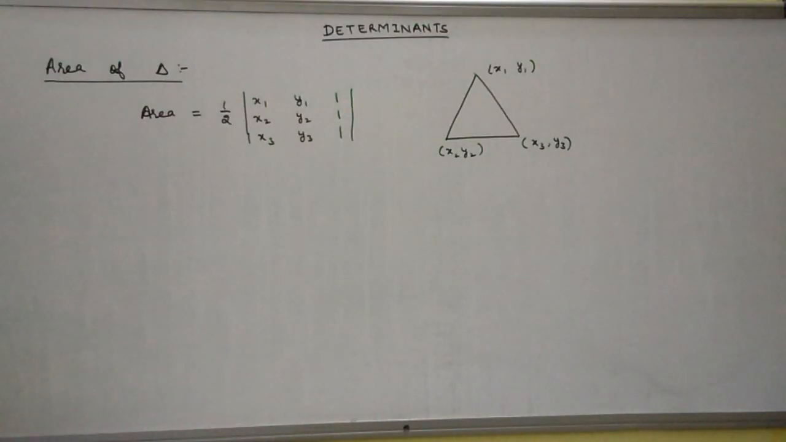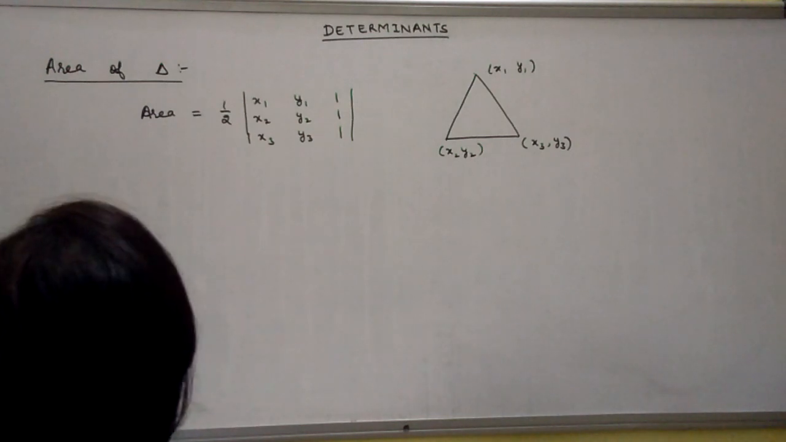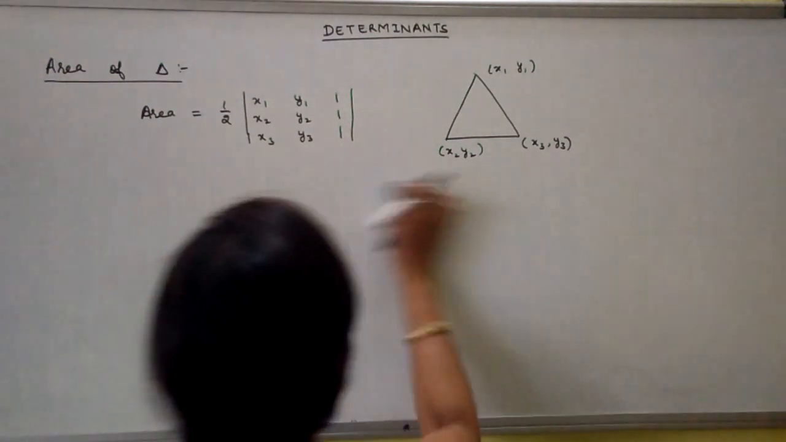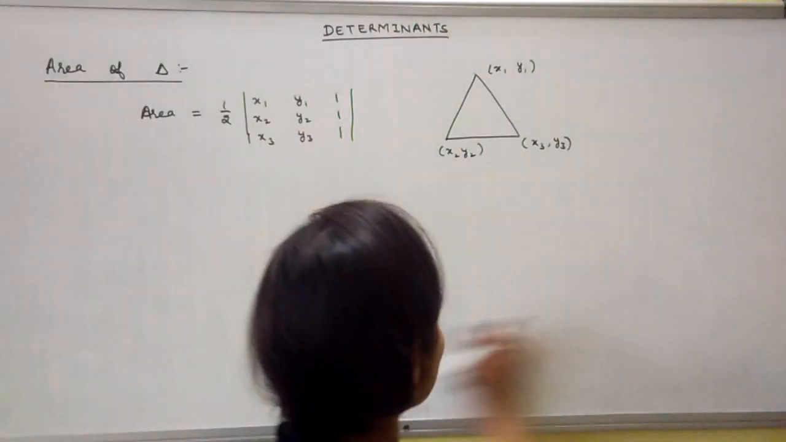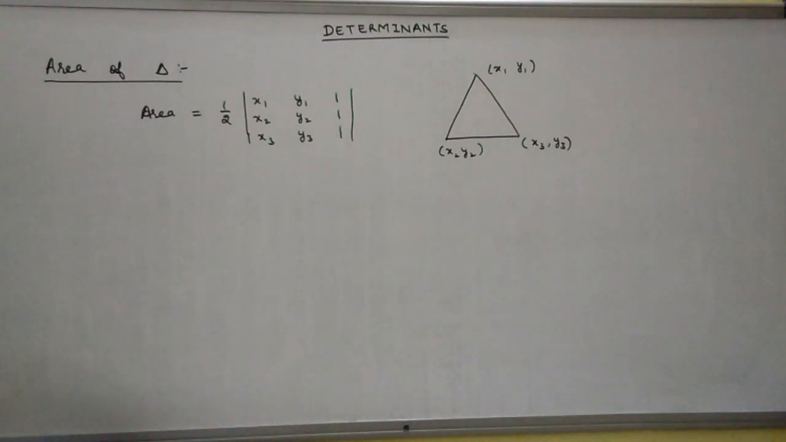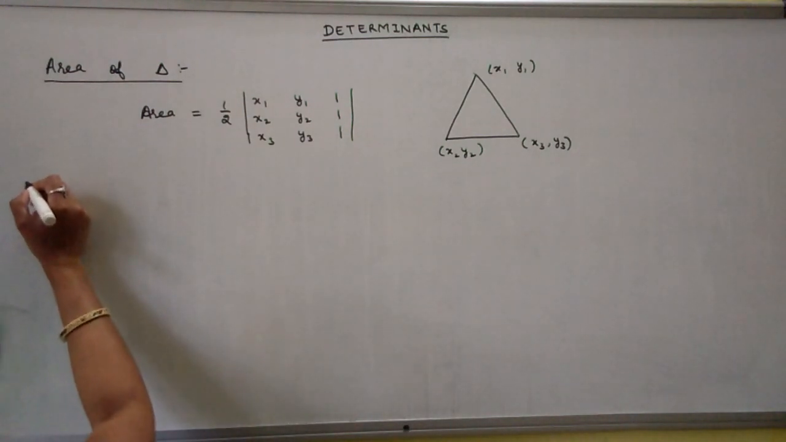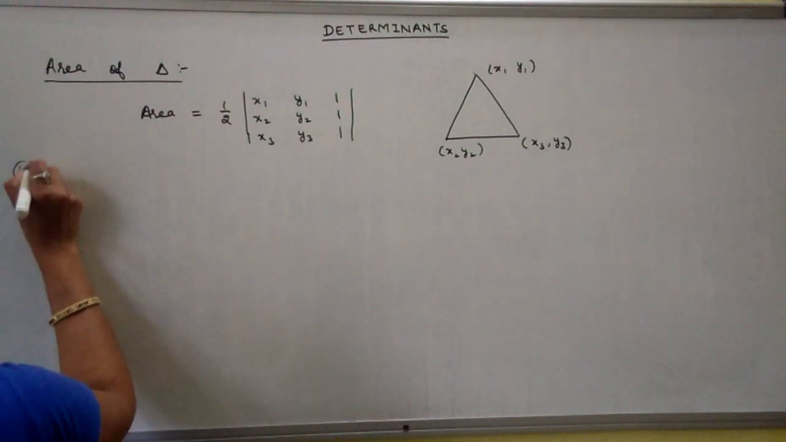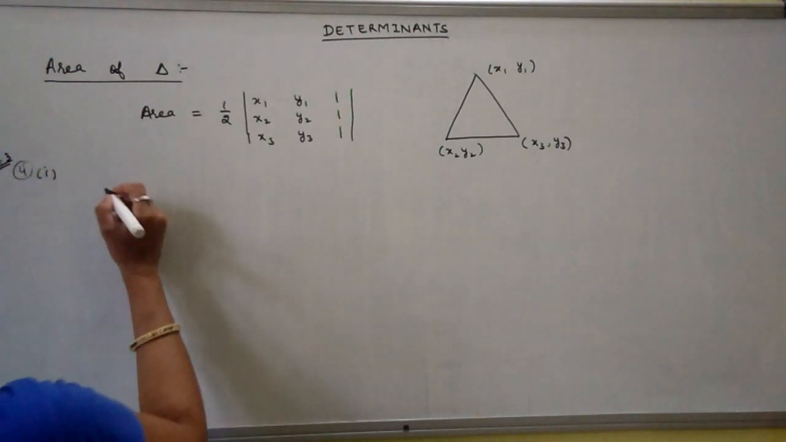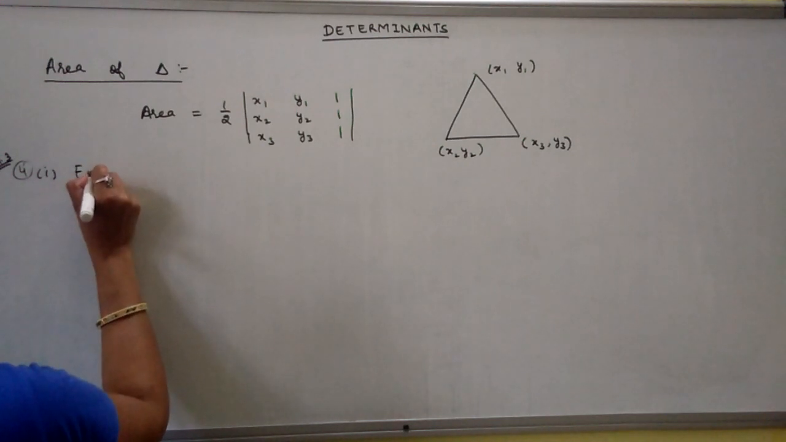Question is find the equation of line joining. Because in a line we have only 2 points. Question number 4, first part. This is 4.3 exercise, not 4.4. This is 4.3. Find the